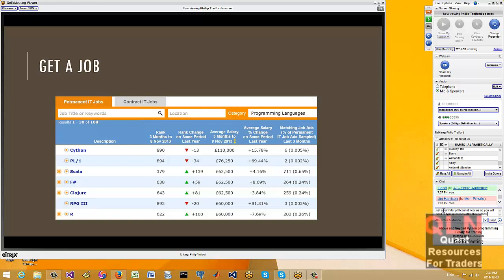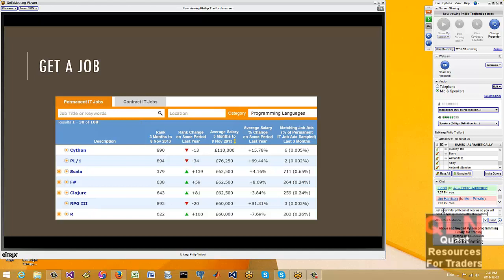I guess the other thing that might interest people about FSharp, this is a view over jobs in the UK, and what we can see is that it's sorted by average salary.